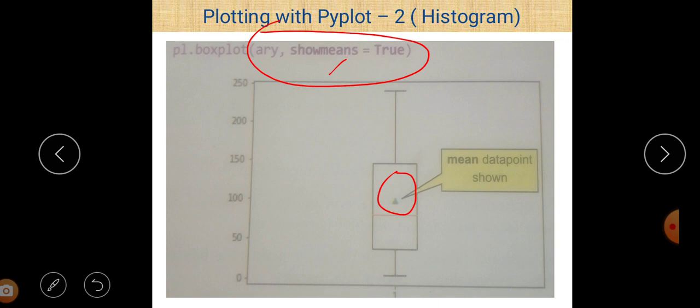And why is it so? Because here show mean is equal to true. By default show mean is equal to false. So generally this data point inside the box plot is not shown, but when you just declare show mean is equal to true, then your output looks like this. So there is a data point inside the box plot which shows the mean data point.